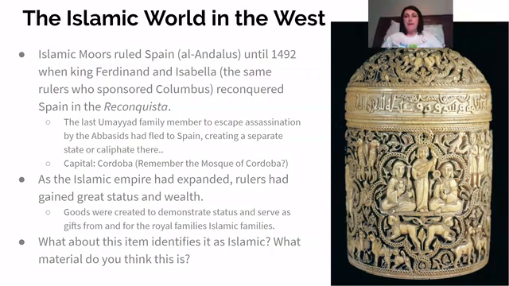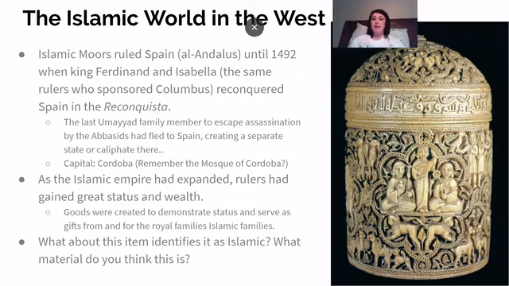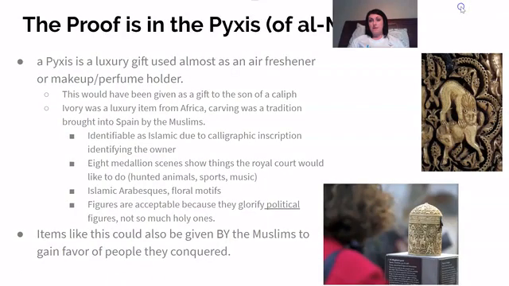So what had happened here is the Umayyad family, remember the first true dynasty that was the rulers of the Caliphate, they had run away and established a new caliphate and family here in Spain. And one of those groups was the Moors, who had traveled into this area. And this was actually a gift for a prince who had reached the age of maturity. So it was a luxury item. And of course, being a prince, they want to show their wealth and their power. So an item like this made of ivory would have been sufficient to do that.